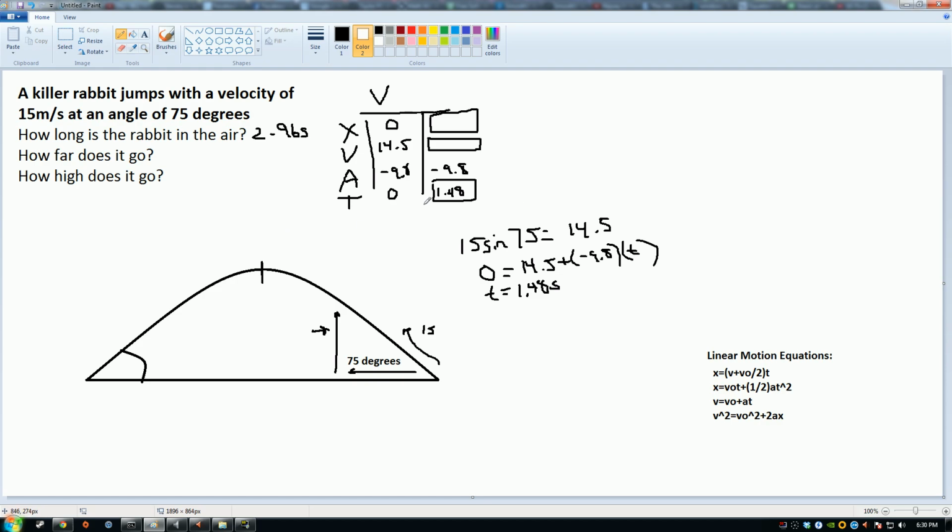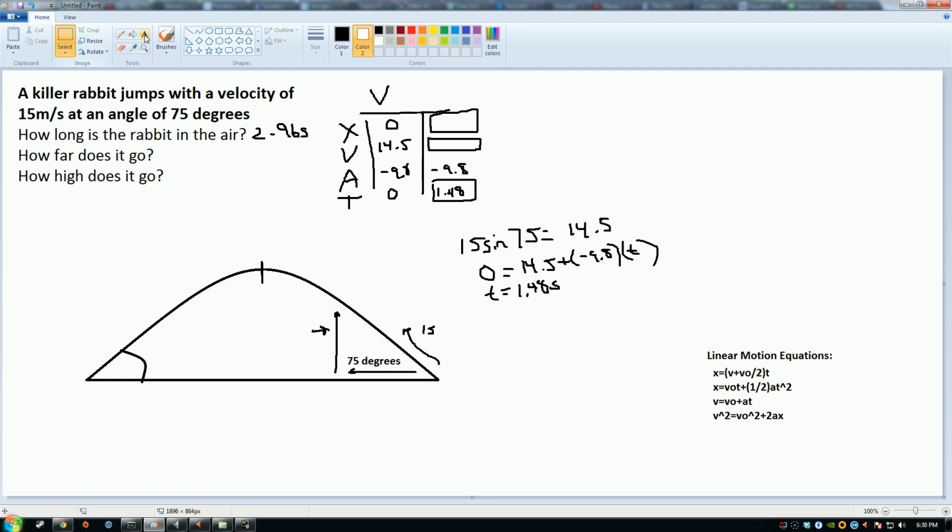How far does it go? It's crucial that we already did the first thing for this, because we already know how long it's going to be there, so we can use that for our calculations for the next component. So horizontal, I will